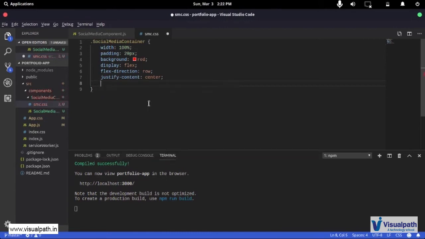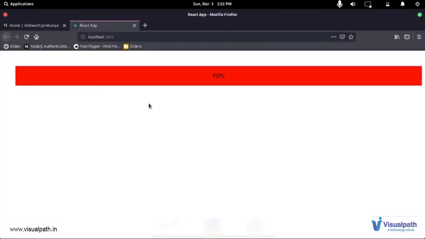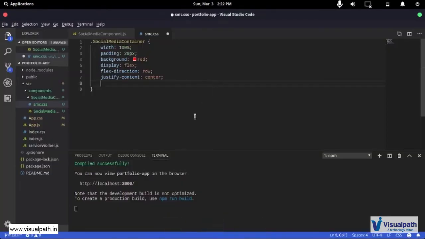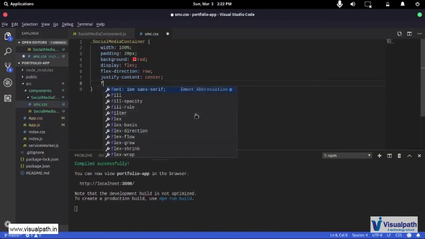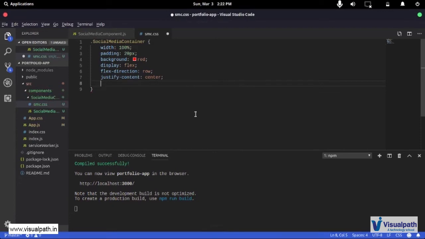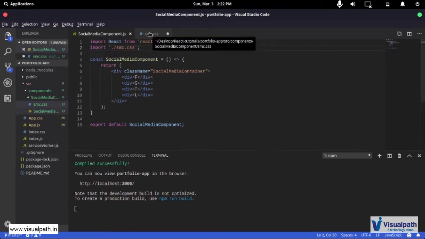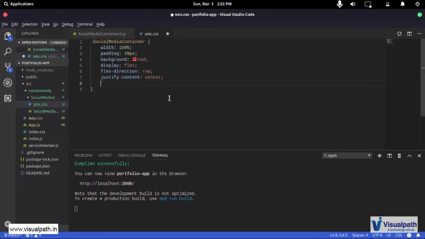Now I want to put spaces between them, because they are actually too close to each other. So I'm also going to use a property from flex, and these are things that you can look up on the internet regarding flex. If I say space between, or you can do a lot of other things as well. So you can just give all these a class, and then you can have those. So now justify content is done.